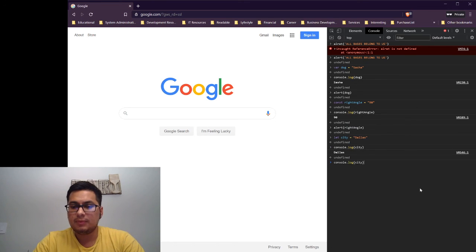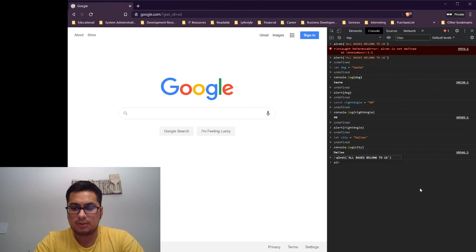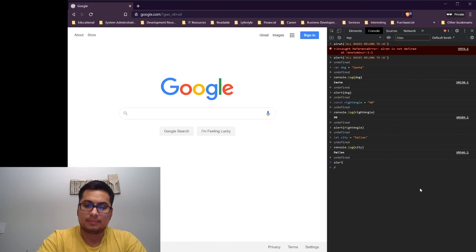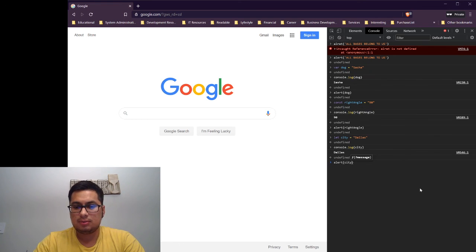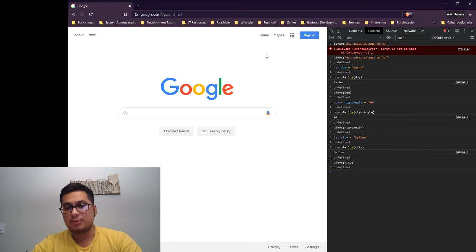Dallas. And let's try that with alert. The function alert, and inside we'll put city. Dallas. Cool. So we went over the 3 types of variables that you can assign in JavaScript,